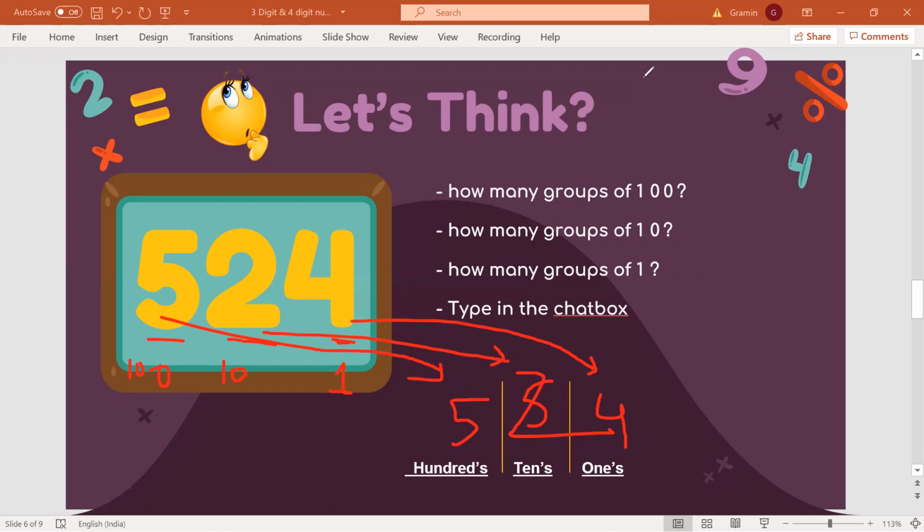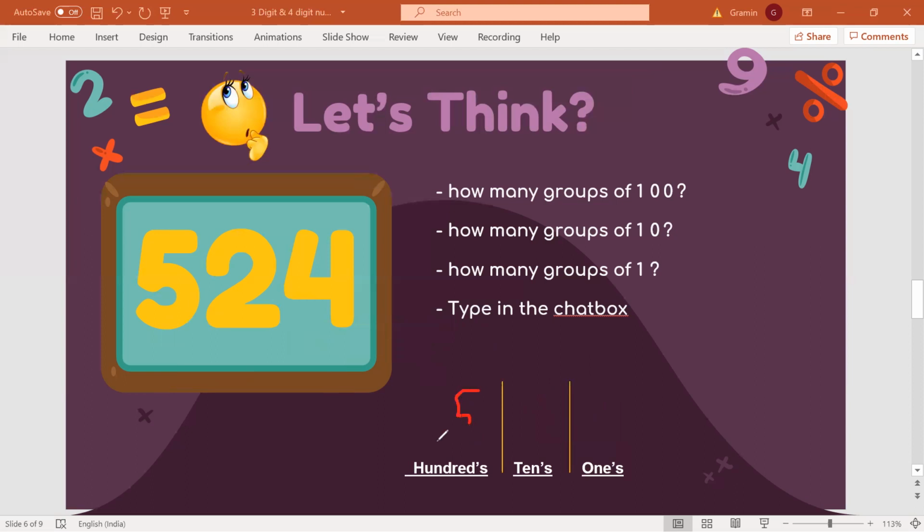So now again let's try to make sense of this number. What would this number mean? What would each digit at each position mean? 5 at hundreds place means there are a total of 5 groups of 100 chocolates, which is equal to 5 multiplied by 100. So that means there are a total of 500 chocolates.